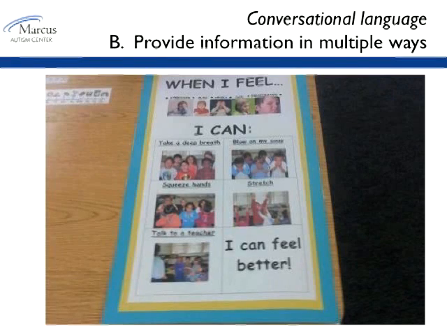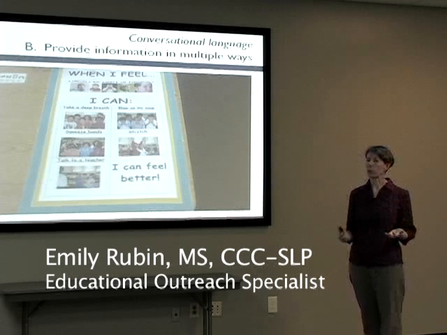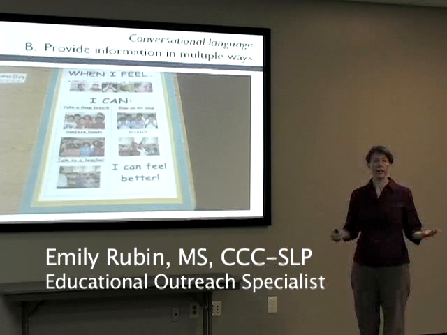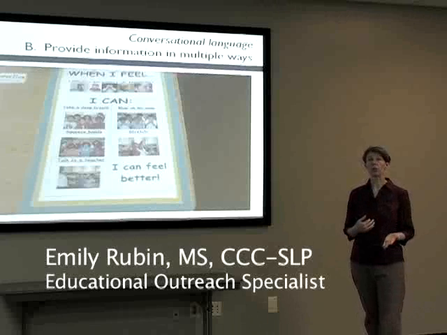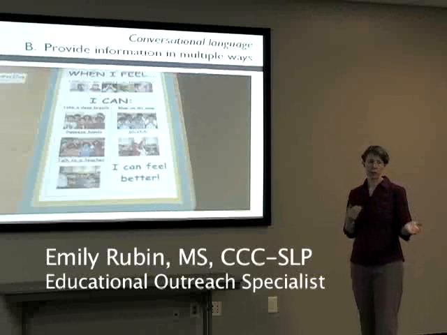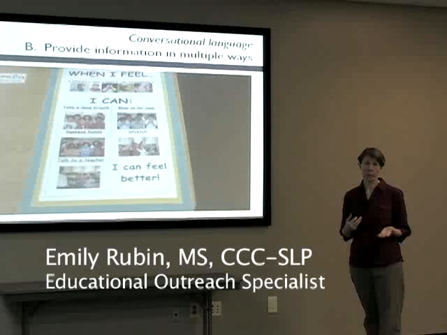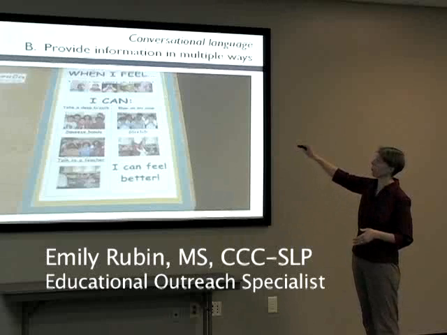In terms of providing information in multiple ways, social expectations are really difficult for children to just infer in the social context. When I'm sitting at my desk and I'm feeling really stressed out because I don't know what the expectations are, what can I do about it? How about we present information in multiple ways? We might have told them once at the beginning of the year, you can always raise your hand to ask for help, or you can turn to a peer buddy and communicate with them. But having a visual right there on their desk of when I feel a certain way, whether it's